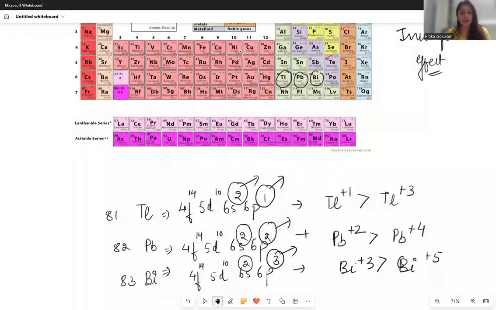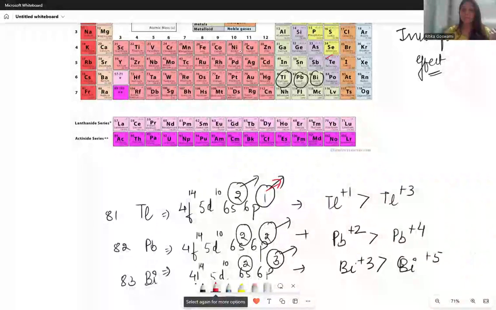And why is that? If bismuth wants to give away that one electron, it will do so quite easily because it's just in the p orbital, quite far away from the nucleus, so it is very easy to give it out. But these 6s2 electrons, even they are far away from the nucleus because it is 6s, meaning there are 6 shells. So the atom is quite big, which means the 6s is also lying very far away.